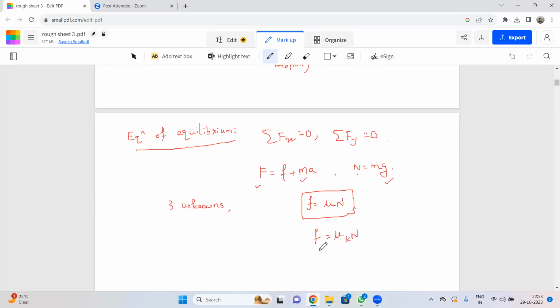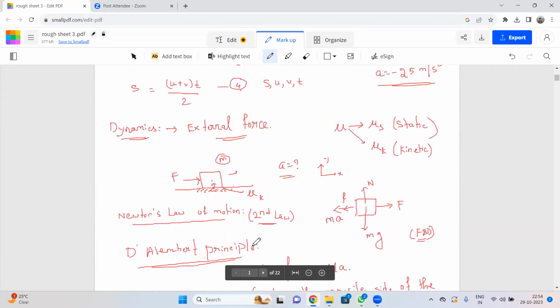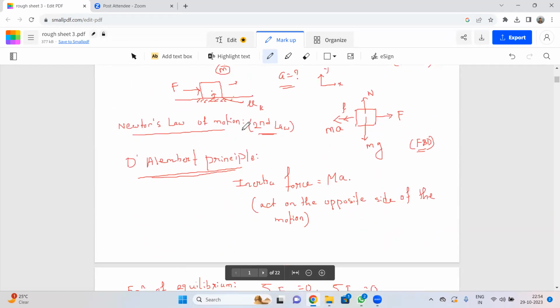So f is equal to mu k into N. Now N is equal to mg, so you can write f as mu k into m into g. Now if you put f in the first equation, then capital F is equal to mu k mg plus ma. From this equation all the values are known, so you can find out the value of a. So that's it. This is the method to solve a problem of dynamics using Newton's law of motion